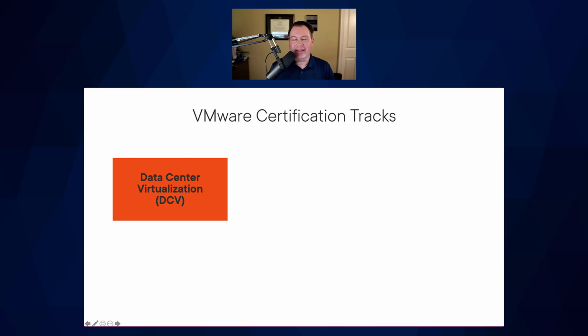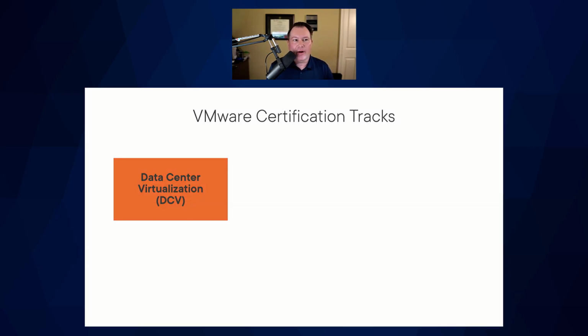If someone thinks about the VMware VCP, they're most likely thinking about the data center virtualization track, because that's where it all started. So if I say, hey, I need a VMware admin, are they a VCP? They're talking about the DCV, the VMware Certified Professional Data Center Virtualization track. And this is really where you learn how to install vSphere, how to install VMware vCenter, how to configure vSphere availability, distributed resource scheduler, how to perform a vMotion and storage vMotion, VMware fault tolerance, monitoring and administration of virtual machines. It's all in the DCV.